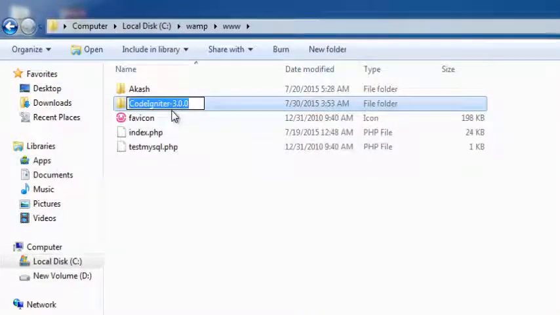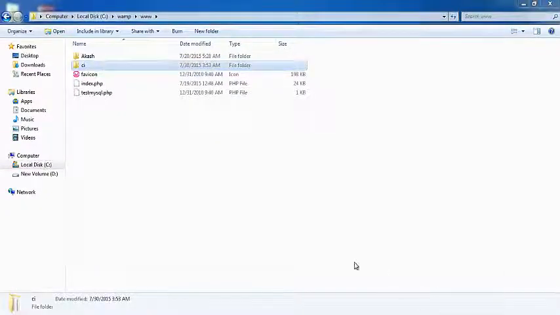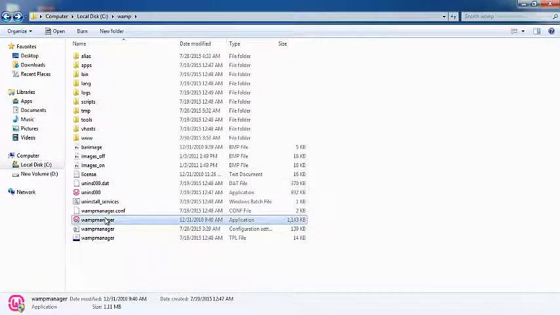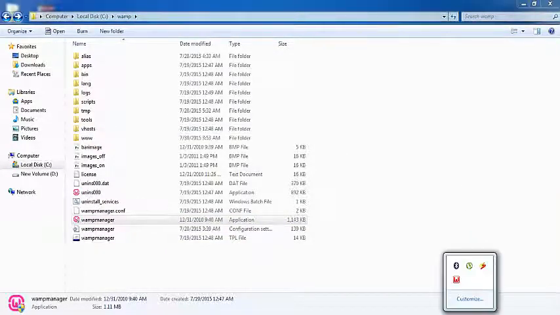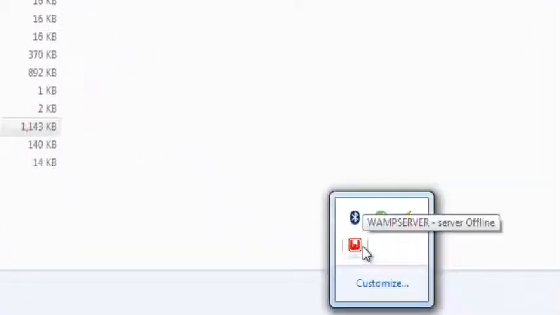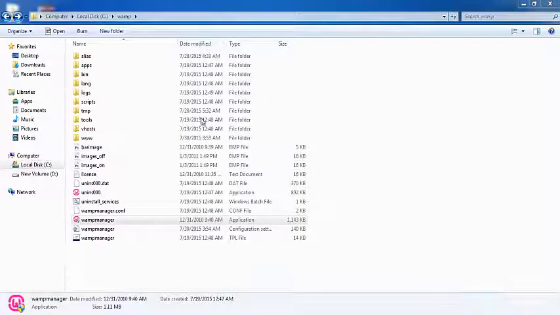Now I just rename this folder with CI so that I can easily access through my browser. Okay, now run the WAMP and access this folder through your web browser. Now let's wait a few seconds just so that the WAMP server comes online. Okay, now the server is now online, so just go to your web browser